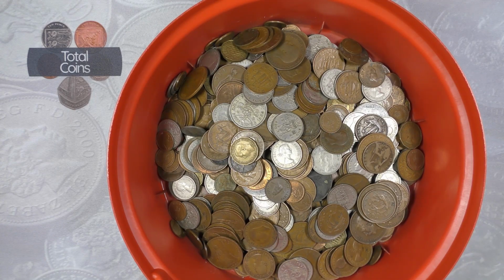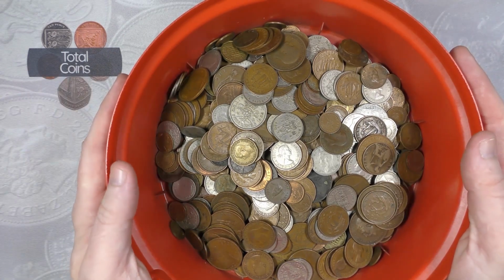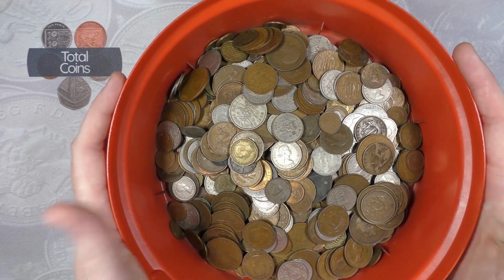So in this video we're going to be doing another pre-decimal coin hunt. We've got our tub here of pre-decimal coins that we're going to be looking through to fill the empty slots